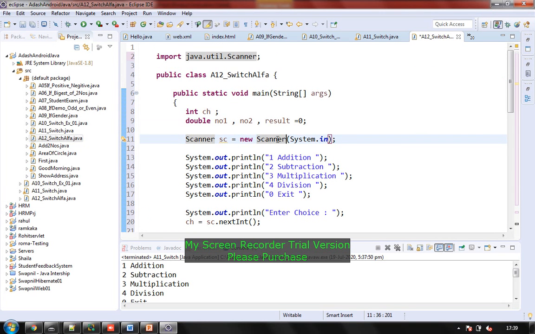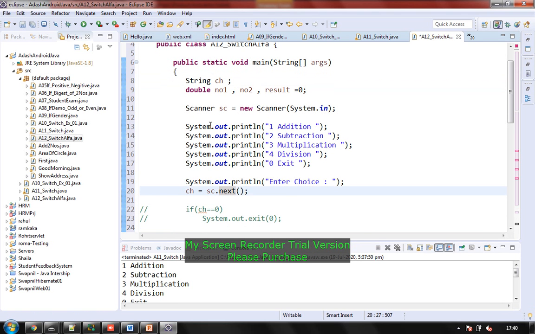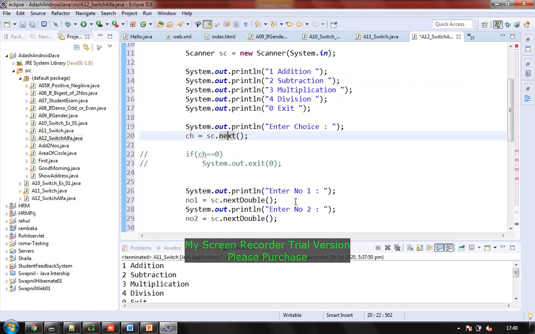So my choice option is going to change. That means my choice option data input is going to change. So I am going to make it as char, or I am going to make it as a string. Fine. So I come here, I will be saying this as string. My choice has become string. Fine. So this input will not be an integer, it will be just next. So the next statement accepts data in string format.